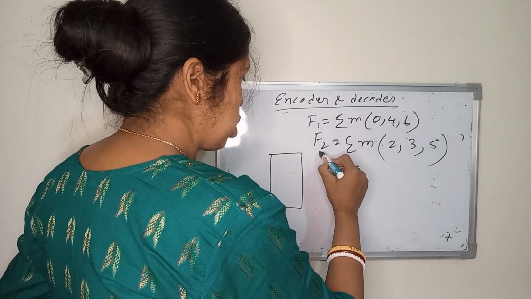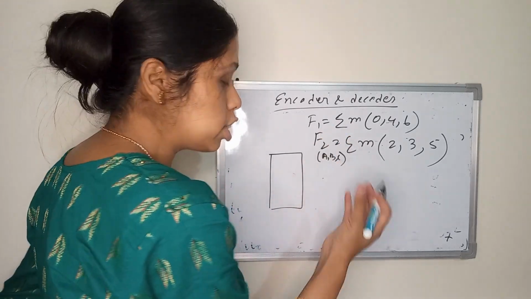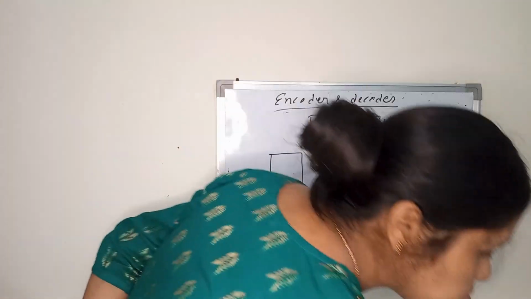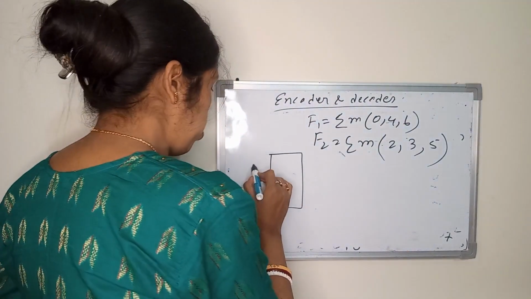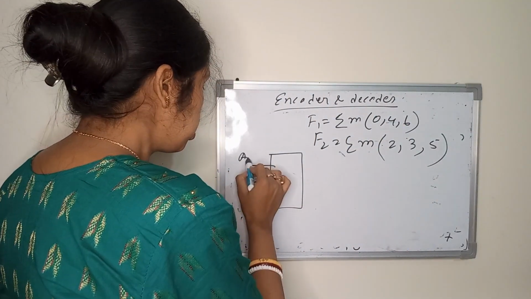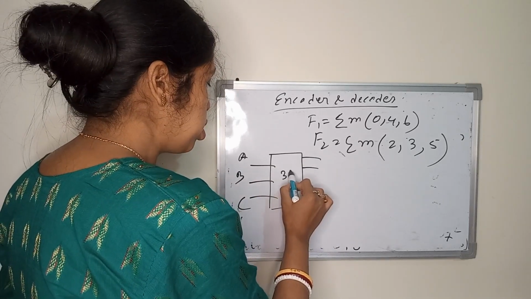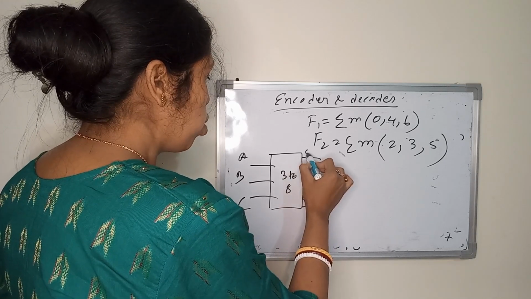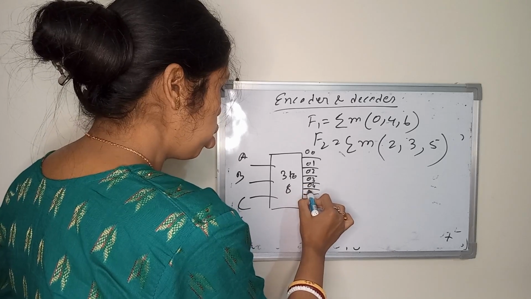In both expressions, 3 variables are there, A B C, so I put the 3 input lines. In the 3 to 8 decoder, you will have 8 output lines: O0, O1, O2, O3, O4, O5,